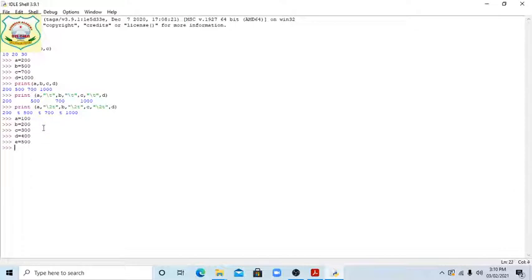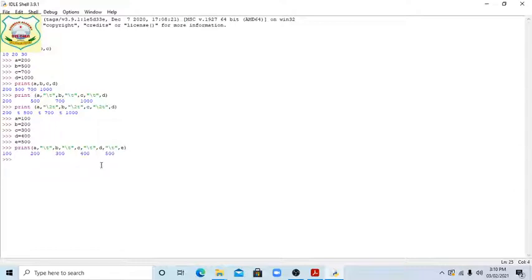Okay students, same function, print a comma /t, then comma b comma /t, again comma c, then comma /t, d, one value we also took, then comma, then e.